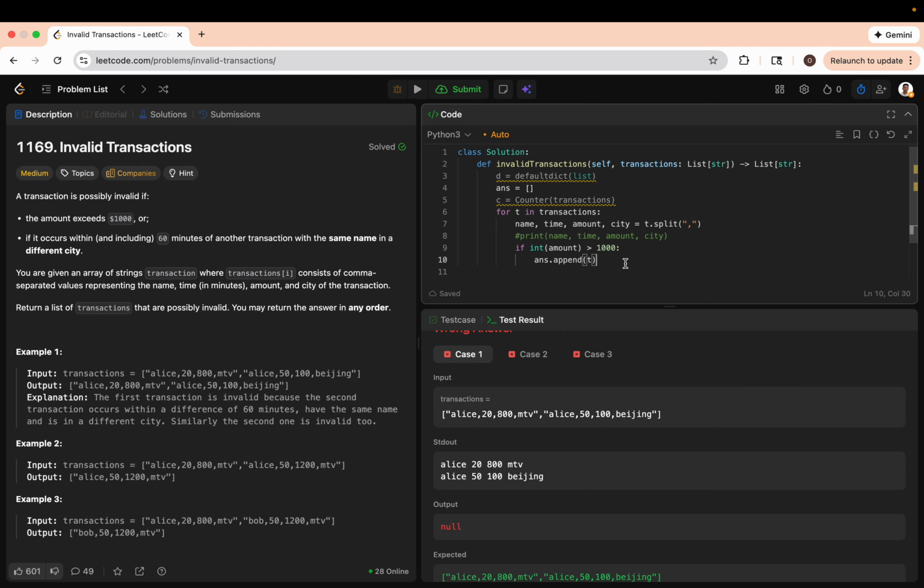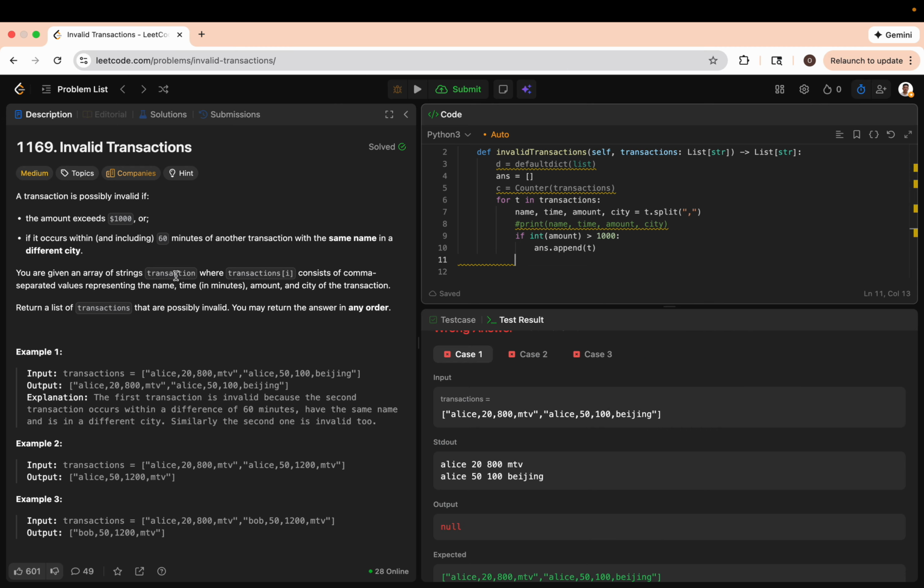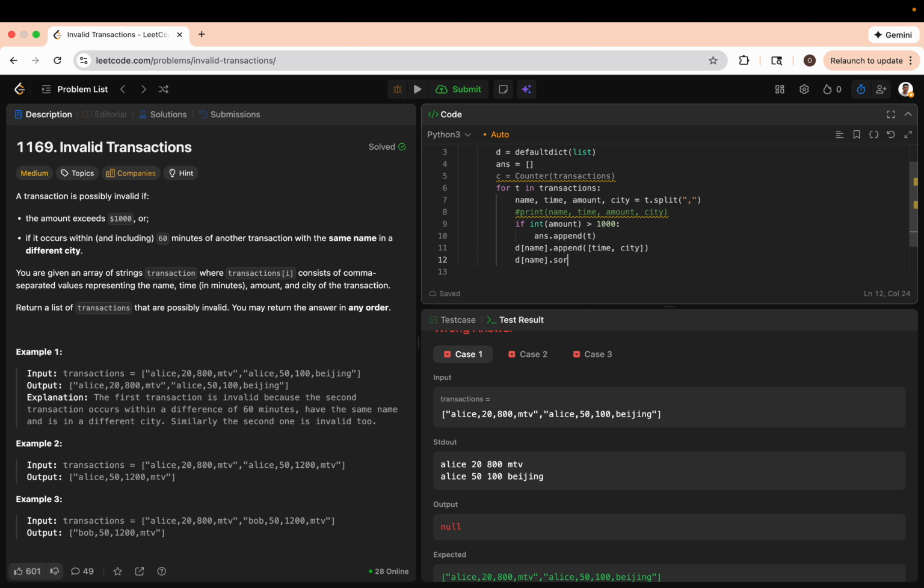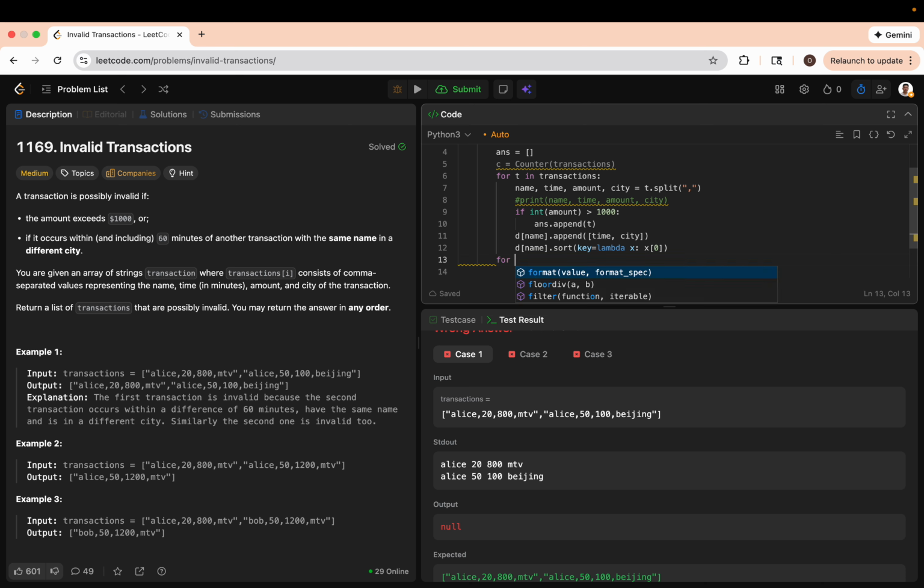And then also, we're going to go ahead and append the time and the city, right? And then we're going to also want to sort by the time, right? Because we want to find the time that's less than or equal to 60 minutes. And maybe we can do some optimization later on, but that's fine. Let's do this again in transactions. So again, if